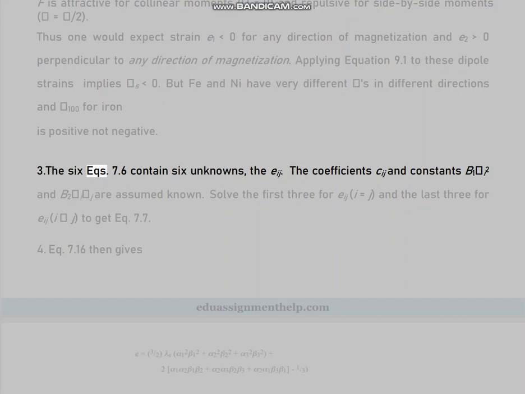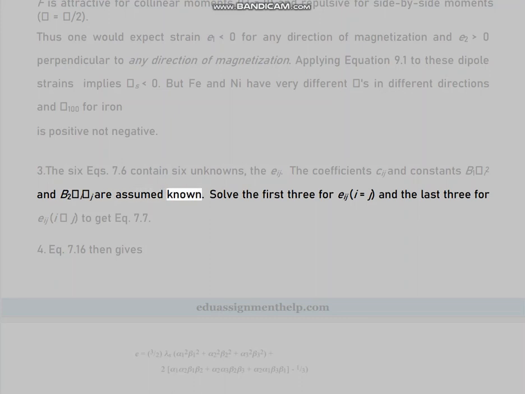3. EQ 7.6 contains 6 unknowns, the εij. The coefficients Sij and constants B1ij and B2ij are assumed known. Solve the first 3 for εij, i equals j, and the last 3 for εij, i not equal to j, to get EQ 7.7. 4. EQ 7.16 then gives